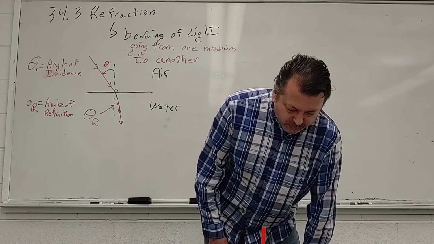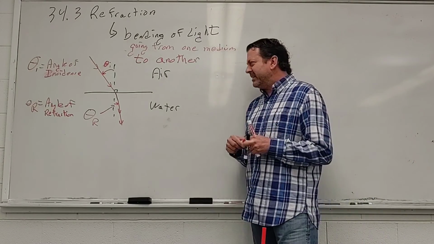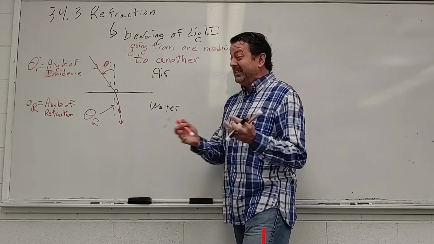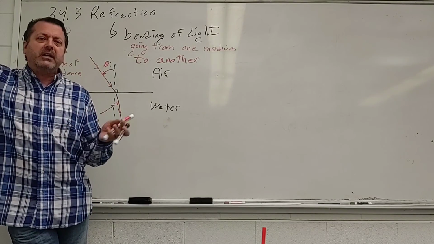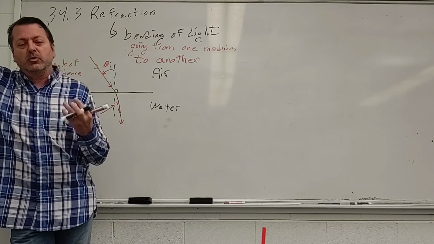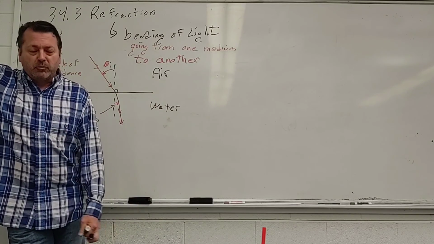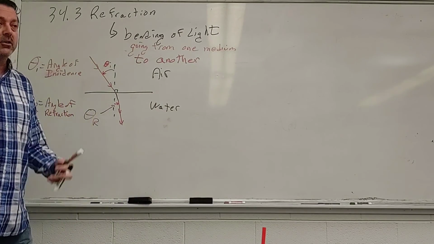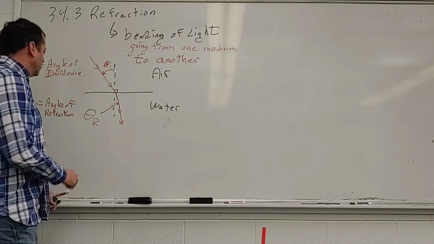Now, the Greeks tried to predict it. They tried to come up with the mathematics for it. Honestly, it didn't work because trig had not been invented. And trig is what we use to predict this, the ratios of the unit circle. Once trig was invented, in the later, I think, 700s, 800s, 900s,